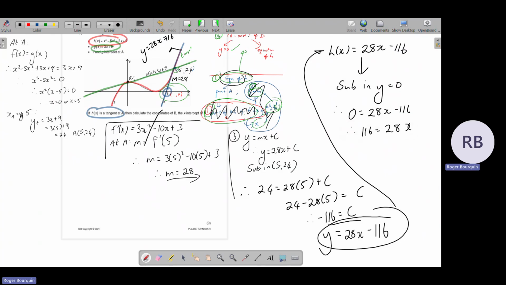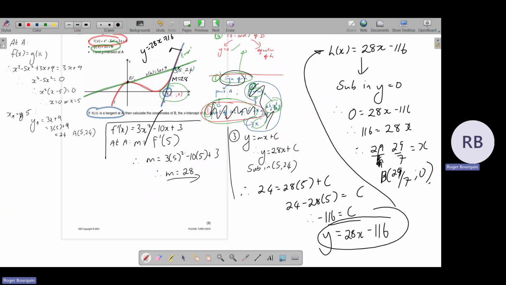I'm guessing it's 4 point something. Is it a fraction? Give it to me as a fraction. 29 over 7. Okay, let's leave it like that. So 29 over 7 is equal to x. And it looks kind of right because 29 over 7 is 4 point something. So the question was, what are the coordinates of B? B is the point 29 over 7,